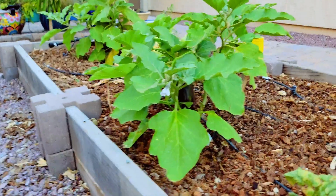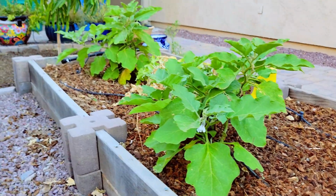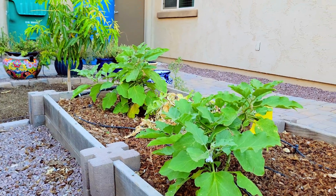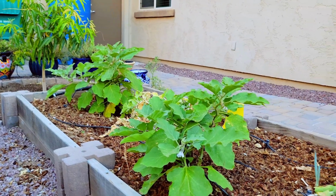I hope it works. I haven't seen any more squirrel damage recently, but it could be that there just isn't anything left for them to damage. I do have eggplants, if you can see that in there, and I don't see them being bitten or anything, so that is encouraging. So with that being said,